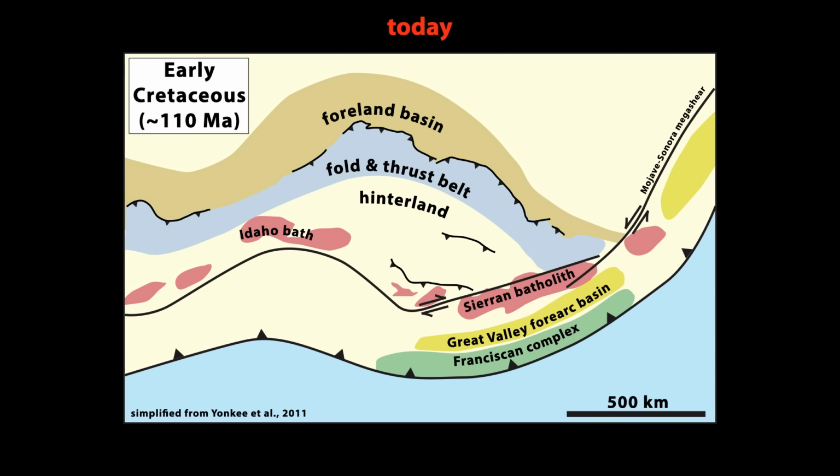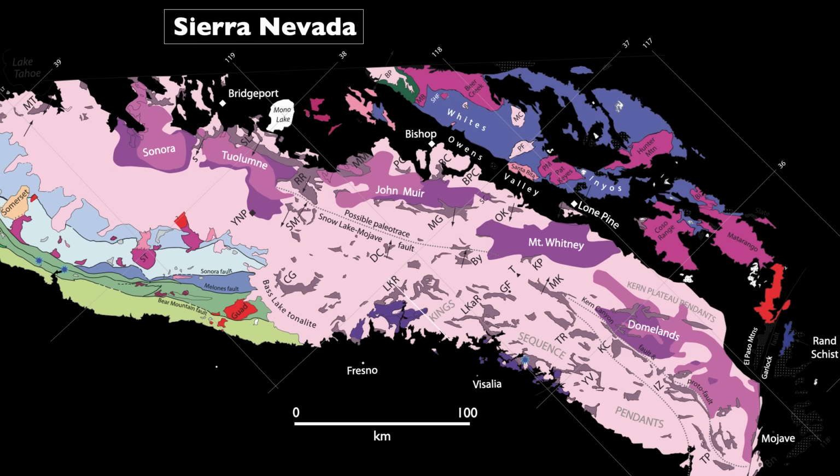Here's a 2011 figure by Adolf Yankee and others, showing western North America, again tipped up on its side for you. But you can see the Sierra Nevada Batholith, the Great Valley Forearc Basin, and the Franciscan Complex. Now, one of the hallmarks of this is that this subduction flattened and spread inboard, so that the more inner